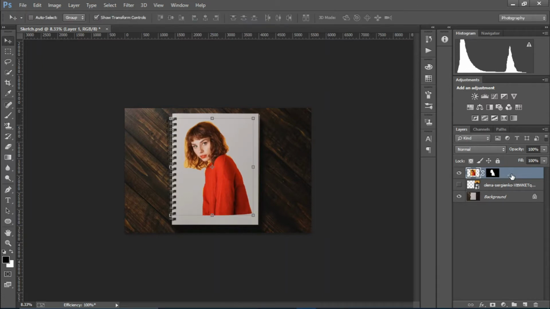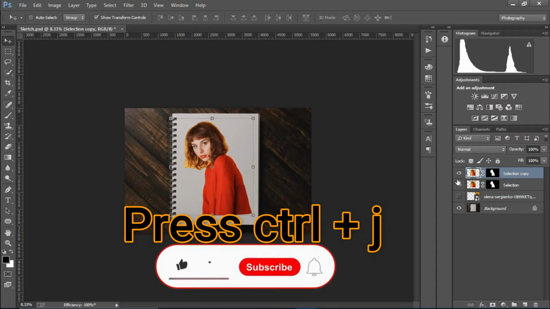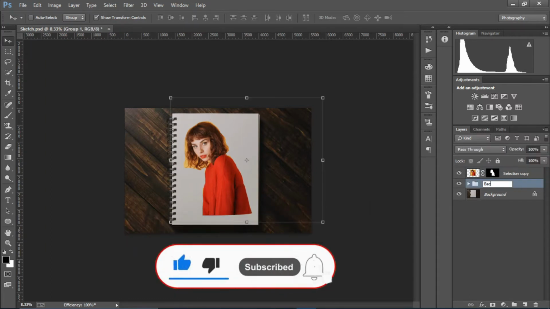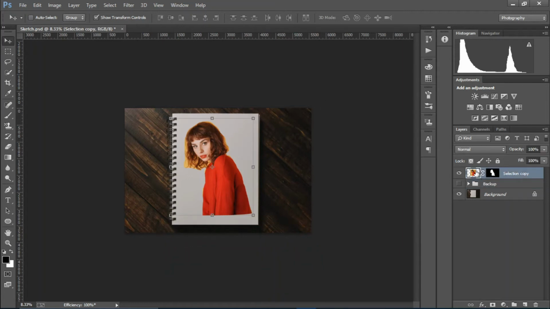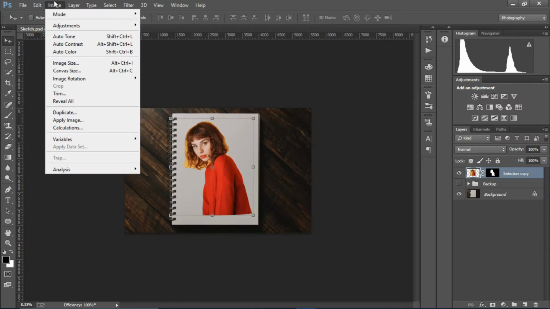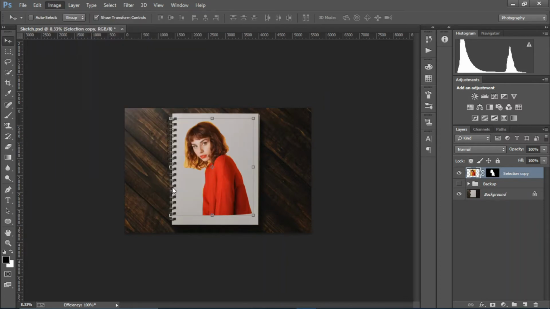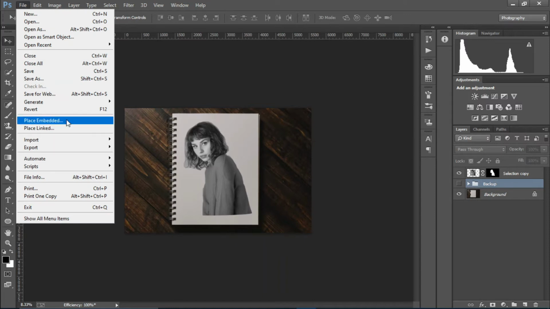And now I'm gonna rename this to selection. Cool. And now I'm gonna press Ctrl plus J to duplicate it. And I'm gonna disable this and group it and rename this to backup and turn it off. Okay, so I'm gonna select this and go to image, adjustments, and desaturate. Cool. So now I'm gonna select the below layer and go to file,